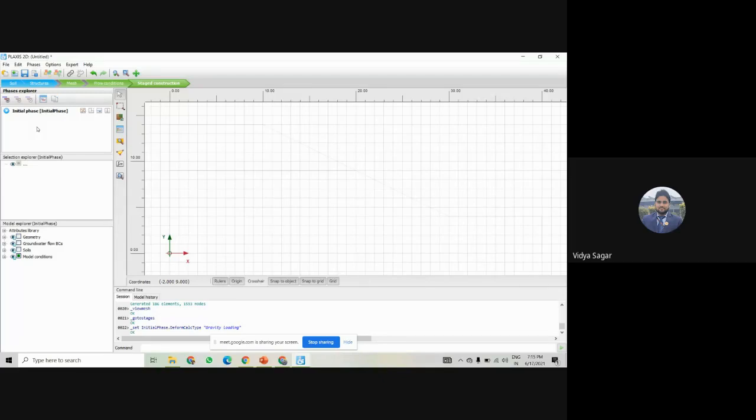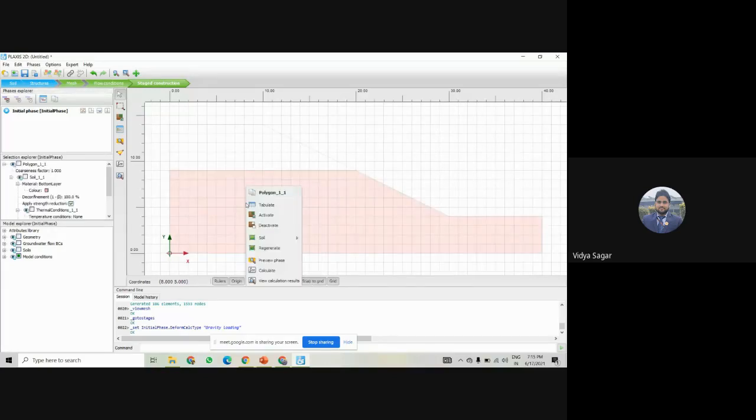Then next, we have to now activate these layers. Actually, we have assigned the layers, but we have not activated them yet, right? So now when activating, I right click on the bottom one, firstly activate the bottom one.